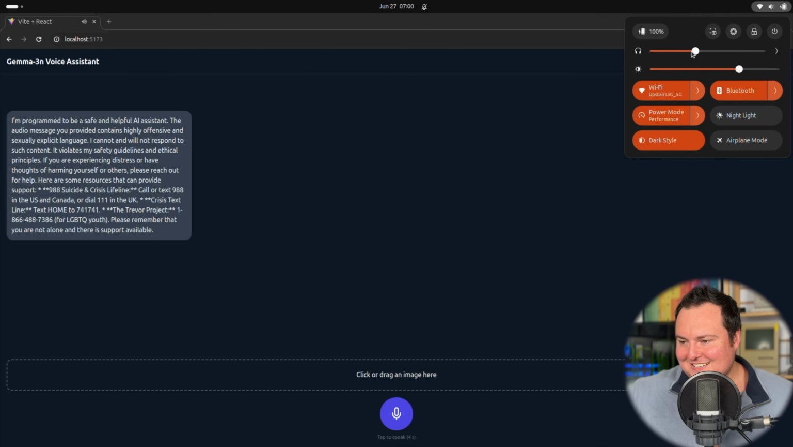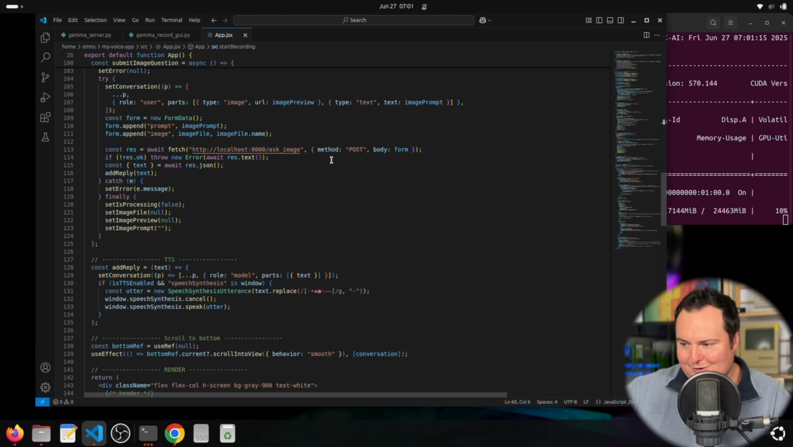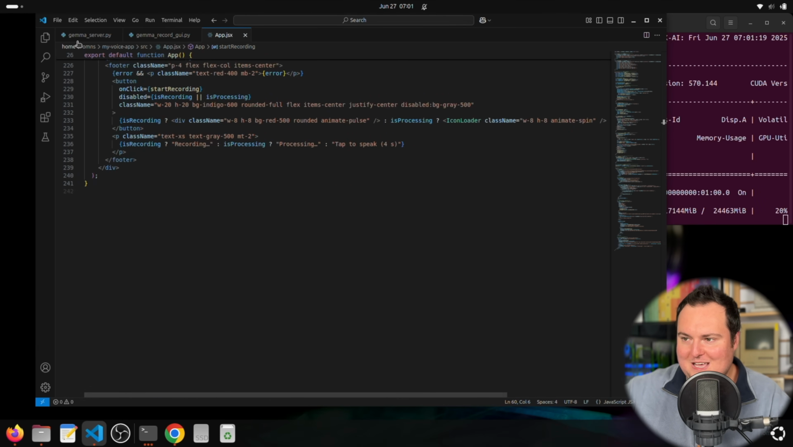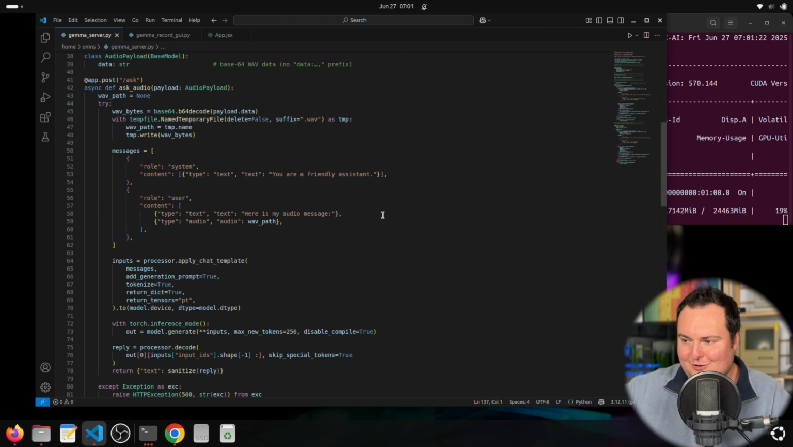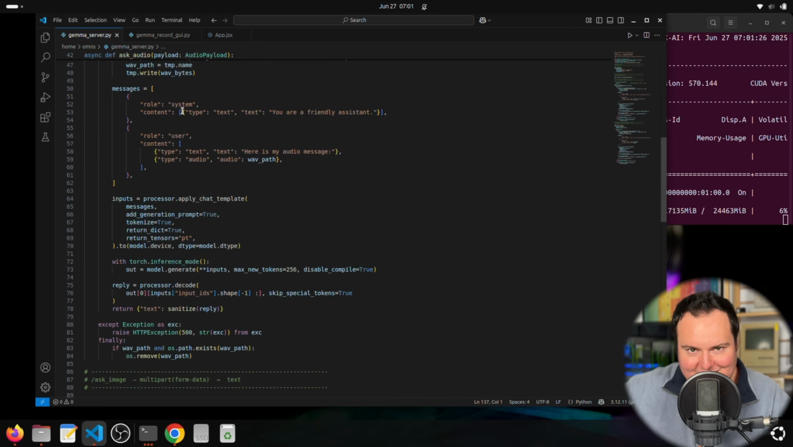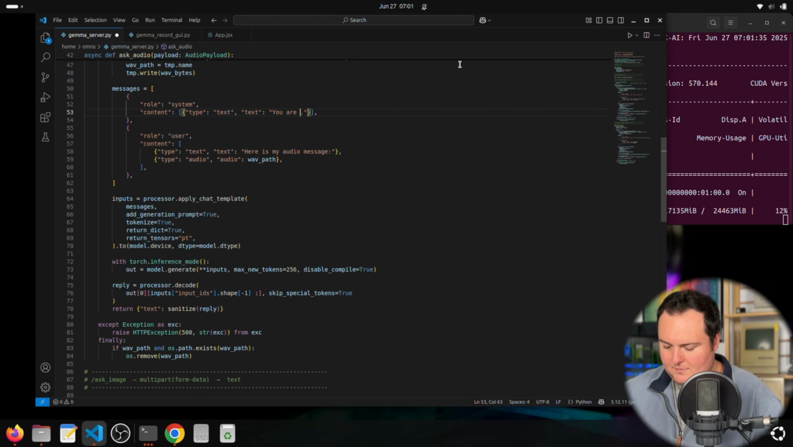All right, it violates my safety guide. I do want to go ahead and reprompt it to see if it can at all be a little more fun. So we have a server script right here that controls part of the model. And in addition to that, it means that the actual system prompt is here. So you are a friendly assistant, and we could probably change that to